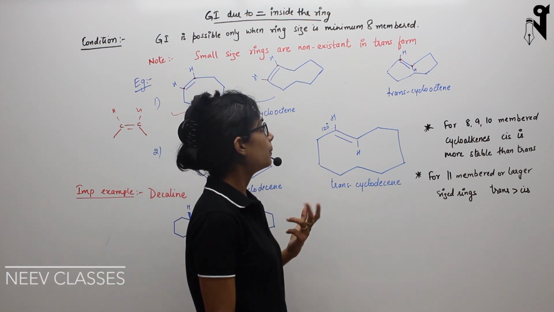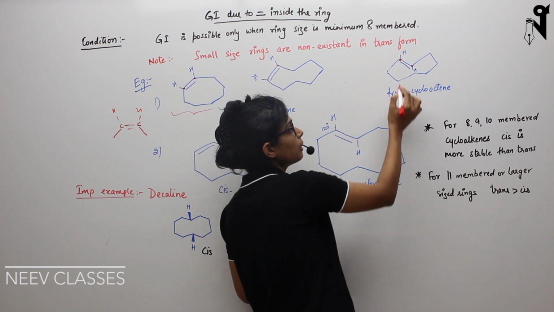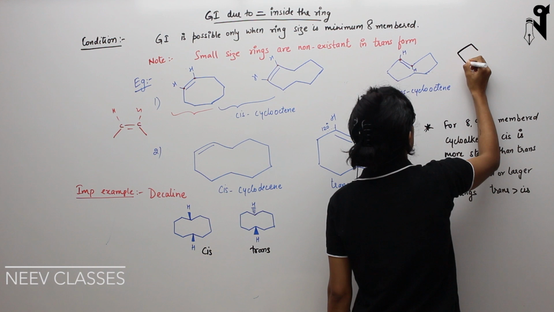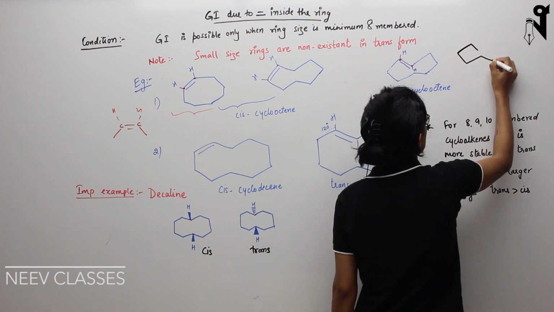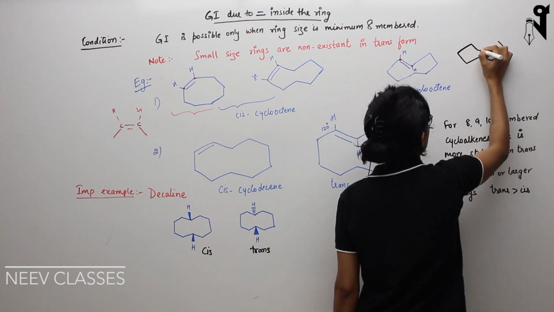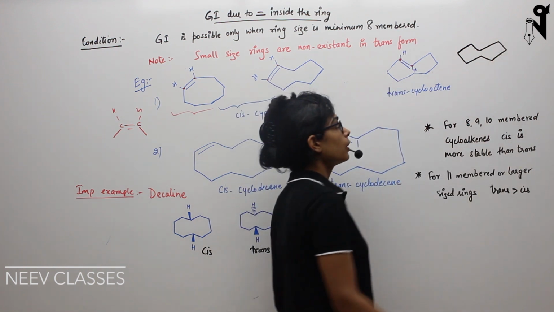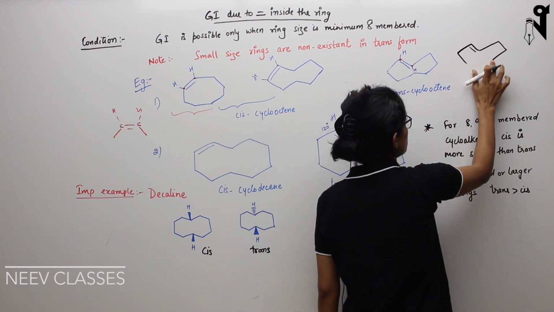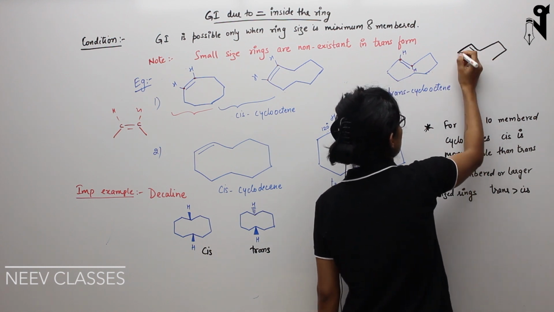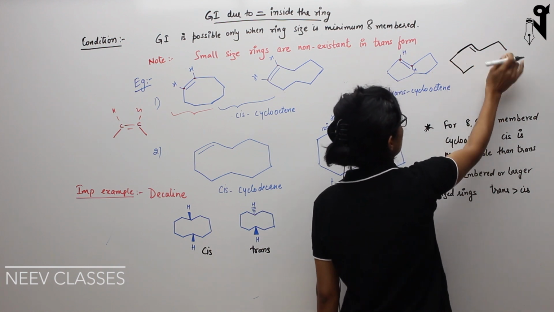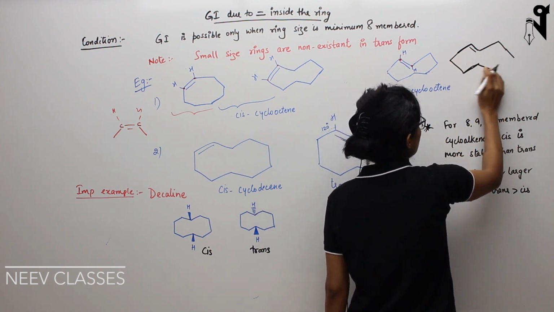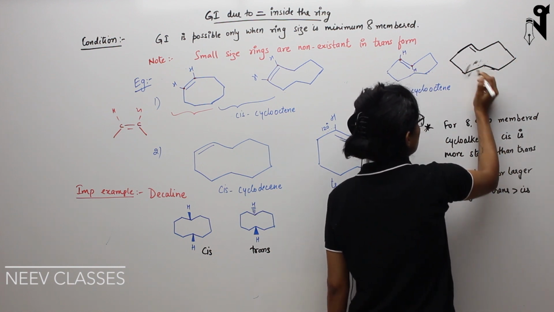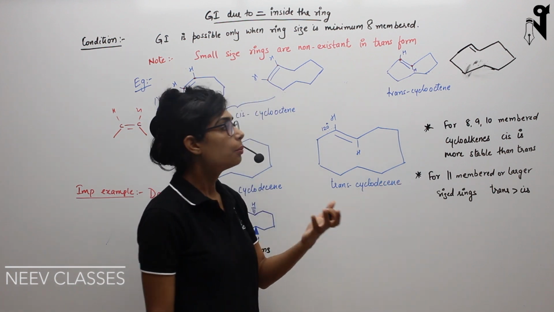Here you have to mind one thing. Many people may ask, why can't we put the hydrogen up? So let me draw a new cyclooctene and then explain why the hydrogen cannot be placed up. This is cyclooctene, and here is my double bond. I have drawn it quite small, and I think I won't be able to explain with this. Let me draw it a little bigger. Very bad drawing I have, can't help. Okay, it's a little distorted, but that's how it is.